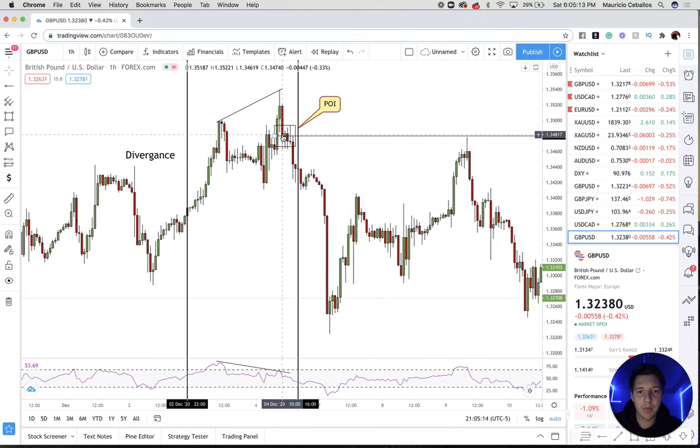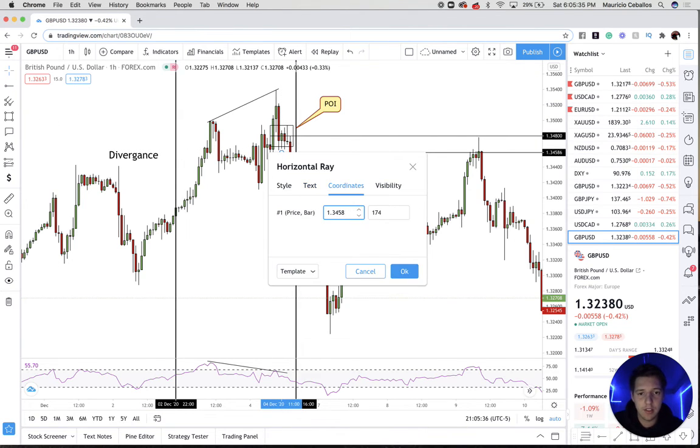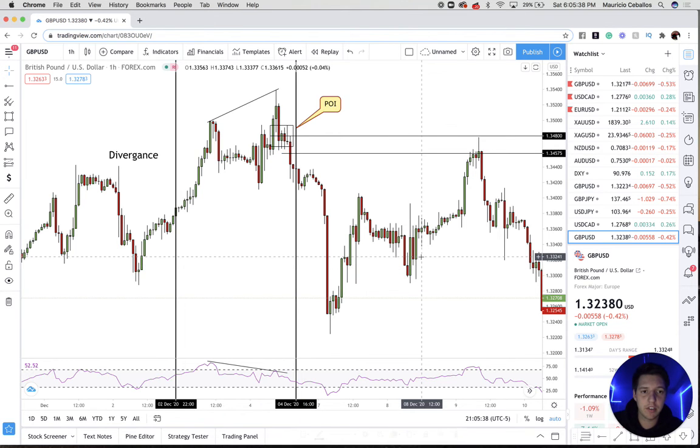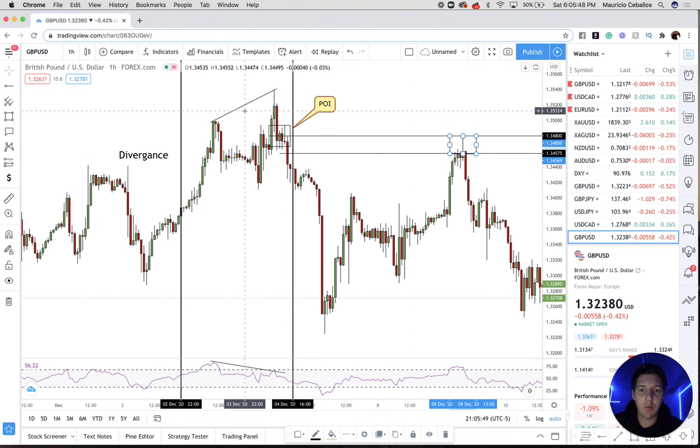As you guys can see, point of interest, divergence, market comes back up into that zone. Now, many people would say, hey, that's a great level, 1.34800 as a psychological level, but this is when you go to other confirmations as far as imbalance zones and stuff like that that you take in consideration. So I had a whole zone marked up in this area that I was taking into consideration, and you guys can see based off of other trades that I placed out. So this was a zone that I was going to look at. But I would not have been able to look at this zone right here and sell with a good risk reward if it wasn't for my divergence. So understand, divergence is when market is doing one